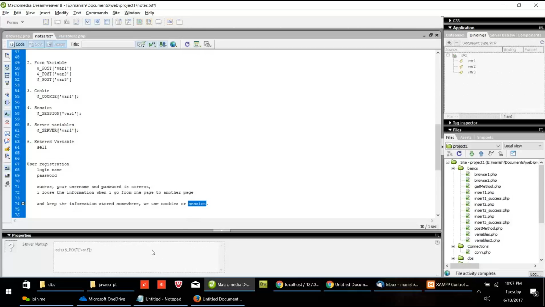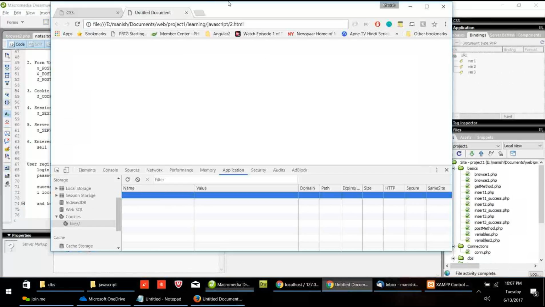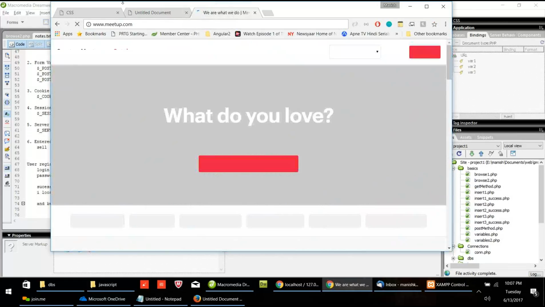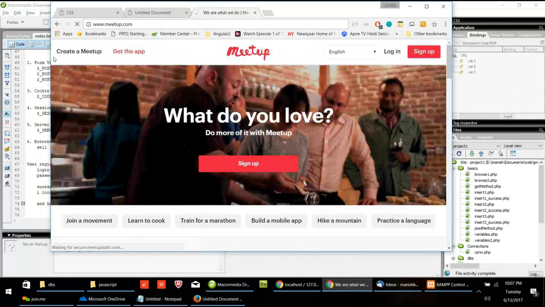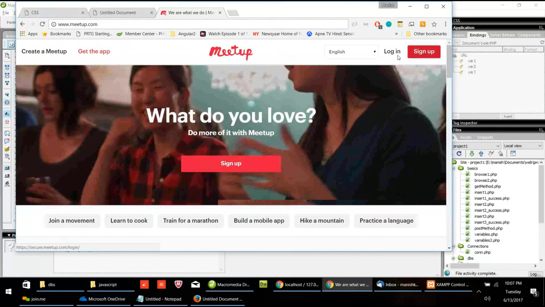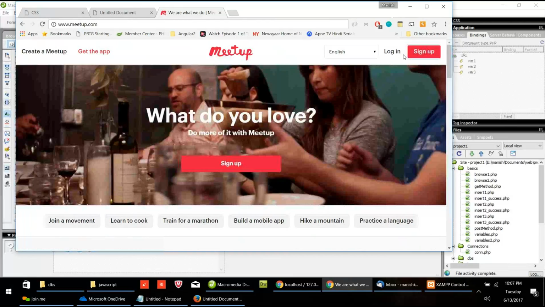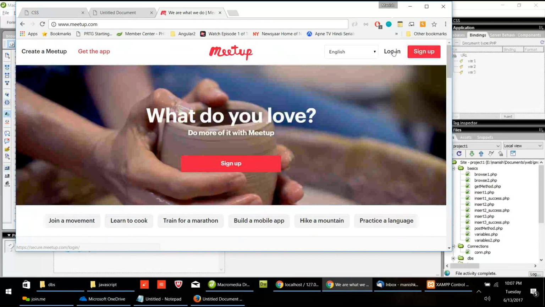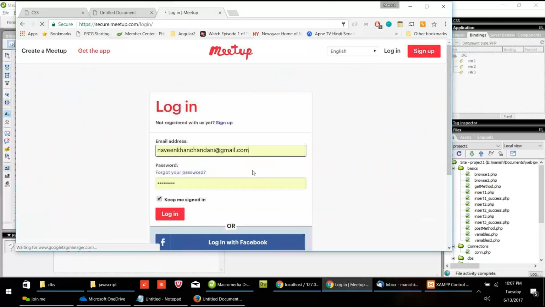I'll give you one real example. Let's go to meetup.com. Now, how does meetup.com know that I'm not logged in, so it asks me to log in or sign up? Because there is right now no session and no cookie. If I click login and if I put my information and if I say login,